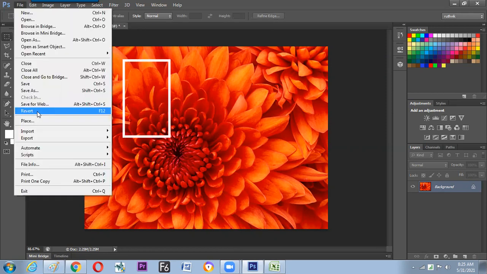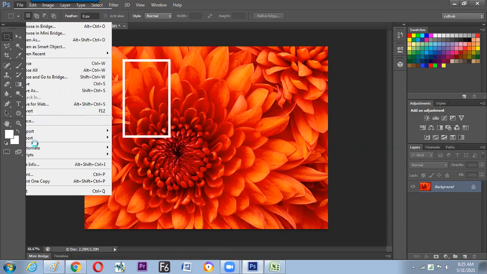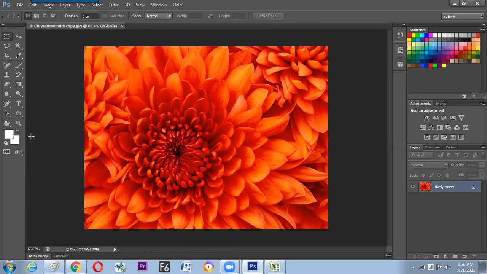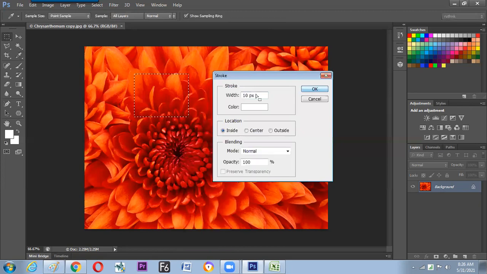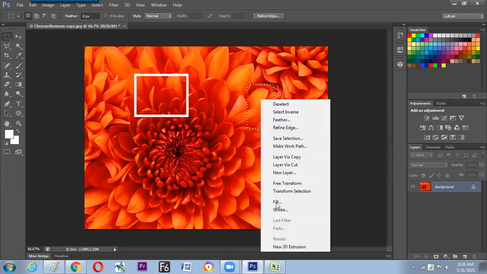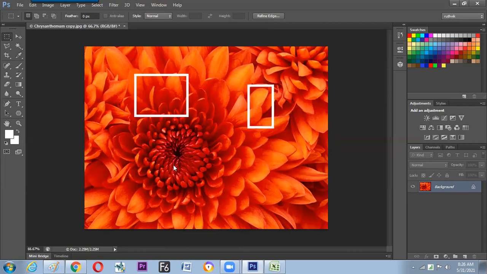What is the option? File, Revert. F12. It will make the document go to the last saved version, wherever we have saved it last time. We have saved that in duplicating and saving, right? In this condition it will take you to that state. That means within a fraction of time, we can move to the original stage of your image.